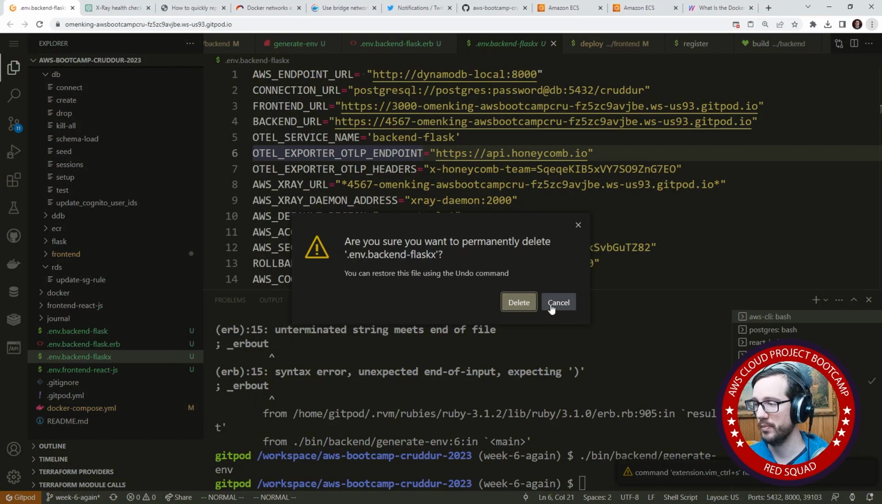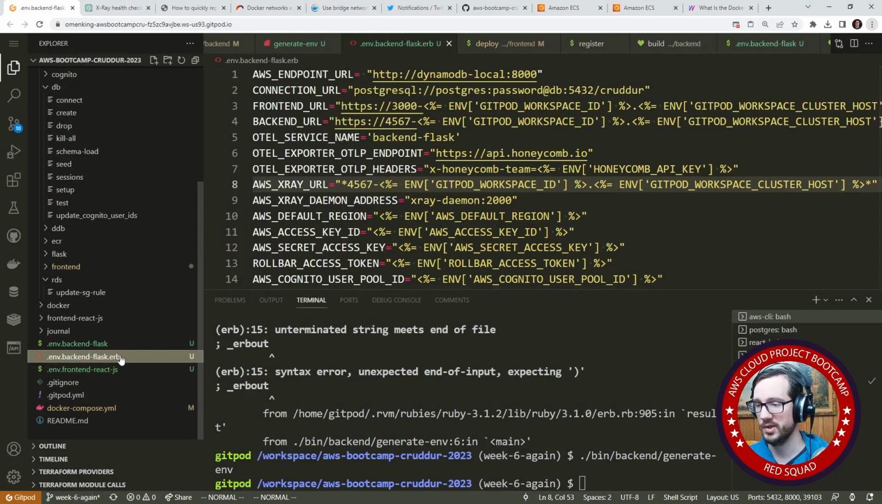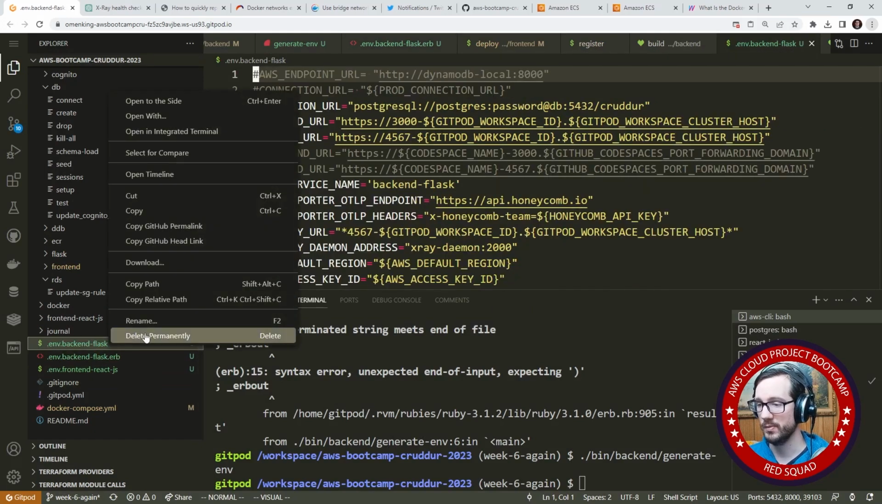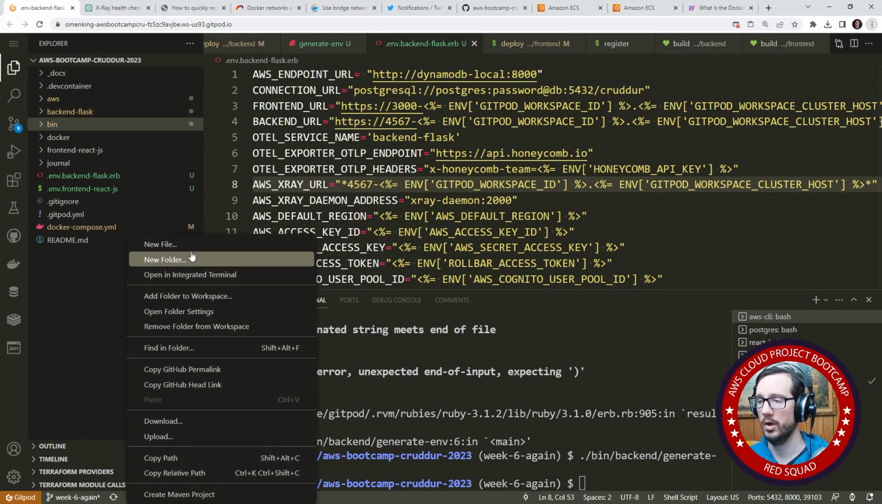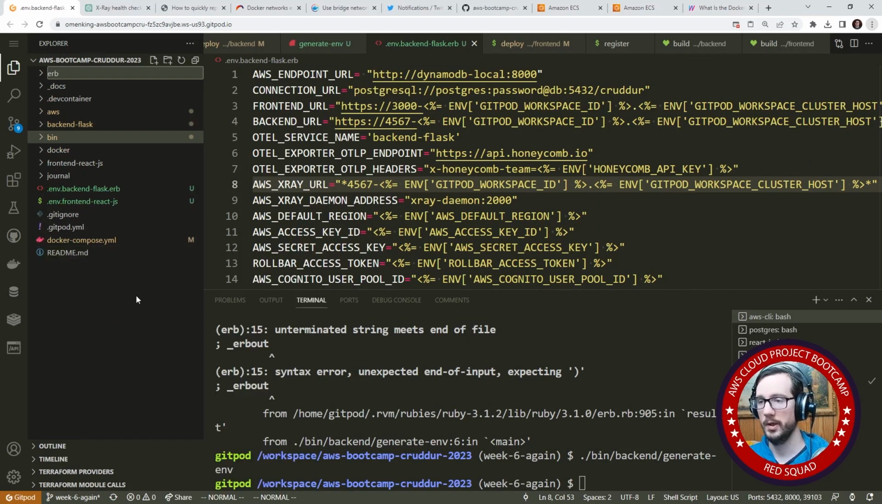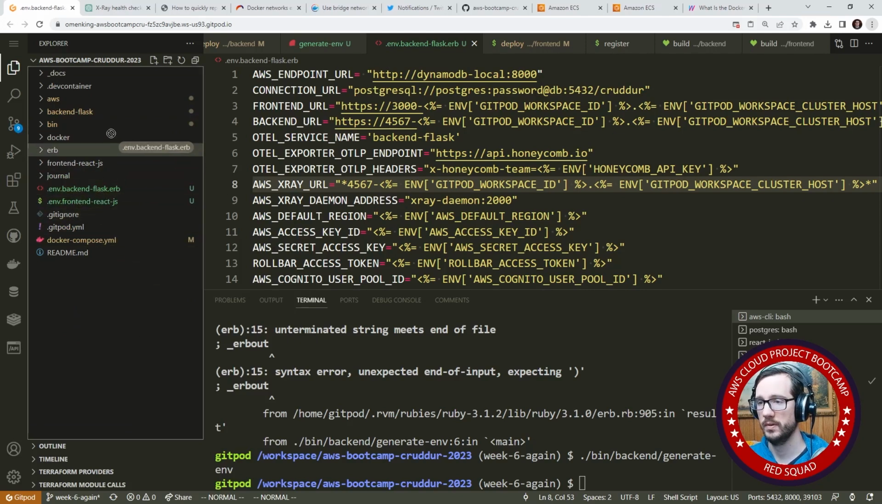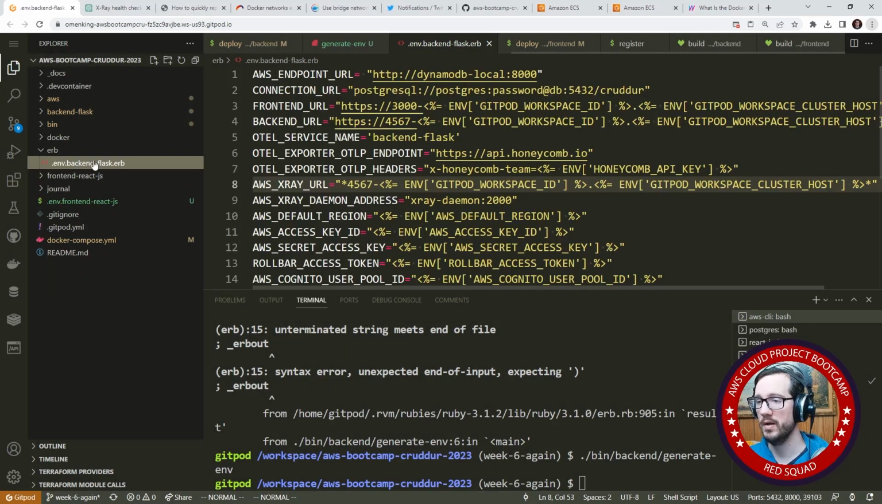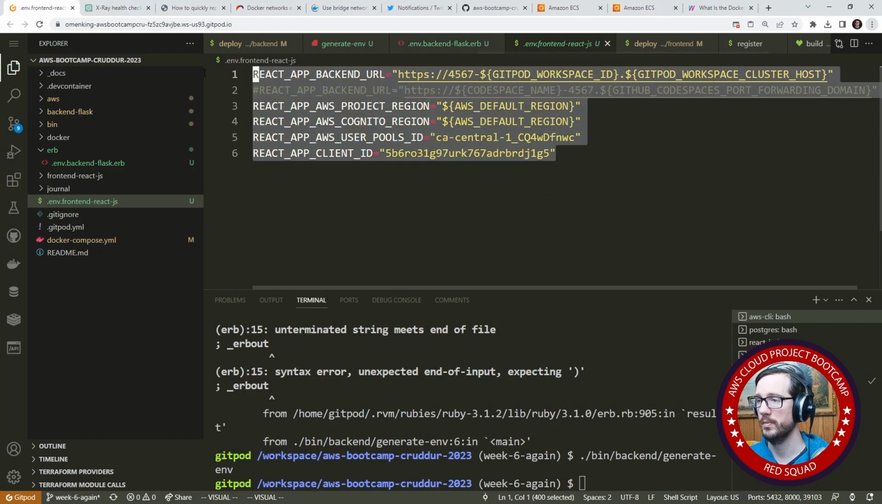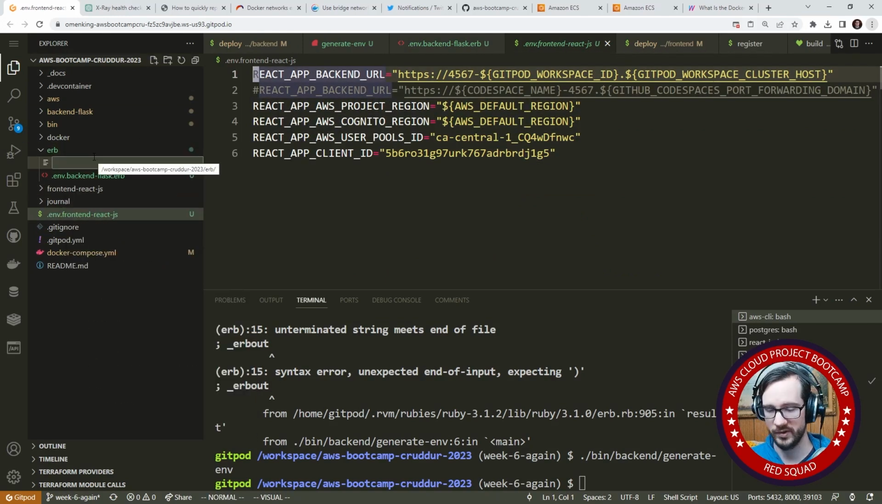So what I'm going to do is delete this one permanently. I know this one can do substitution, this one here, but we're going to delete that as well, delete that permanently. I'm going to make a new folder in here called herb. And I'm going to then just take these two herb directories here, I suppose, and drop them in there. That's one of our herb files. The other one is going to be very similar. I'll go here and we'll say new file here. We'll say .env front end